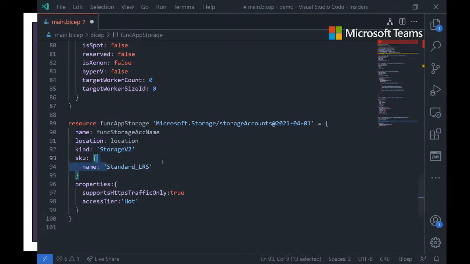Now, there are different kinds of things that you can do. If it is a dev environment, you can go into a LRS. But if it is a production environment, well, you will need a GRS. So what I can do is I can create like var,